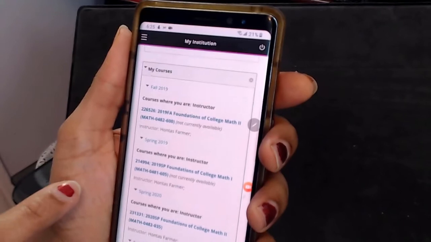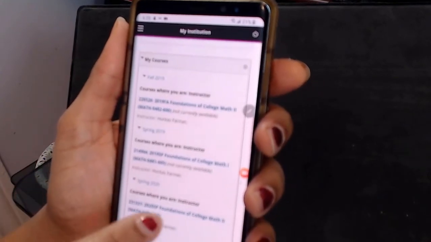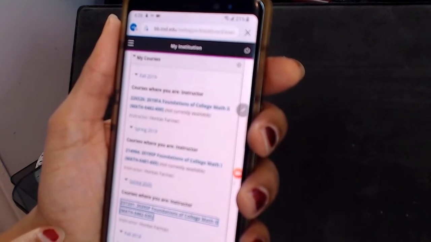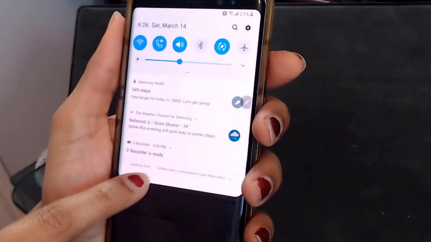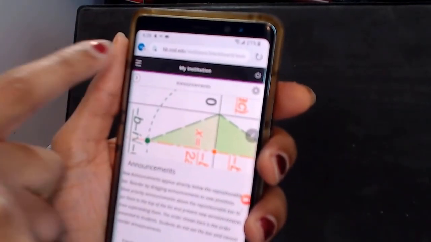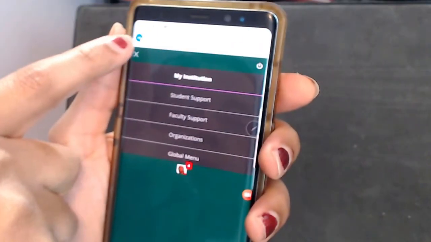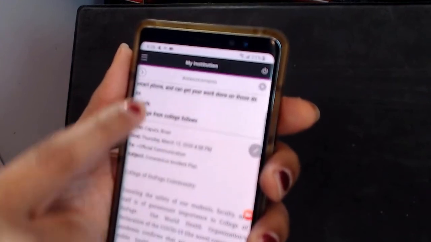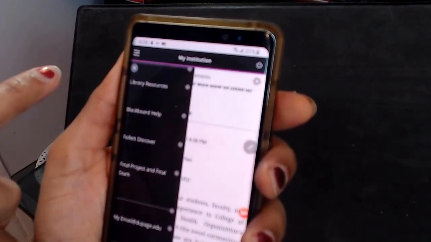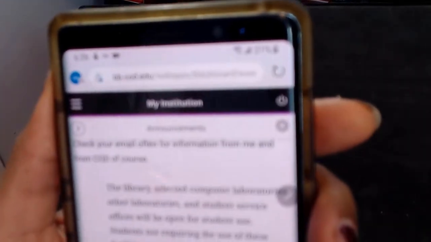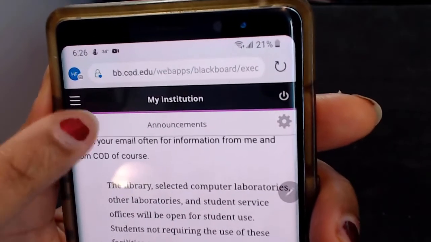So let me go to my class, Foundations of College Math 2. Now I'm on my house's Wi-Fi, but it would work just as well over the cellular, though streaming might not be quite as smooth. I press this icon up here, see this one right here. That will bring up the menu